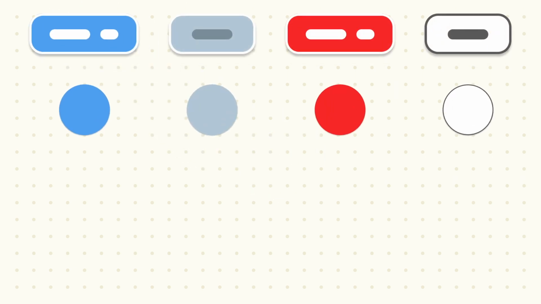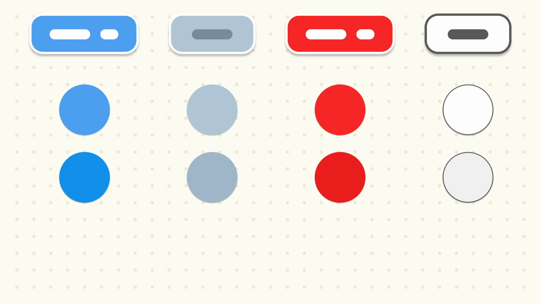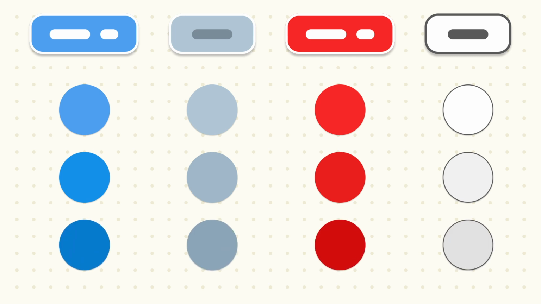The problem is that now, for each button color that the palette has, you need 2 extra colors. One color will be the shade that indicates the user is hovering over the button, while the other one will be the shade that indicates the user is pressing the button right now. To support this, you will need to define a set of auxiliary colors, one new color for the hover state and one new color for the press state.